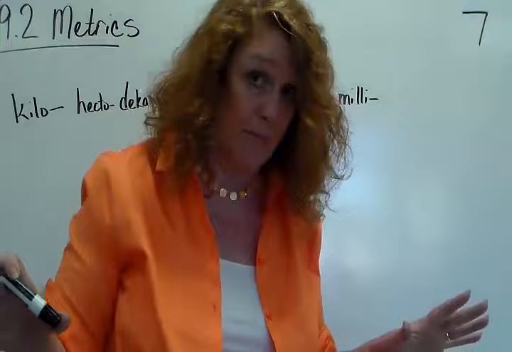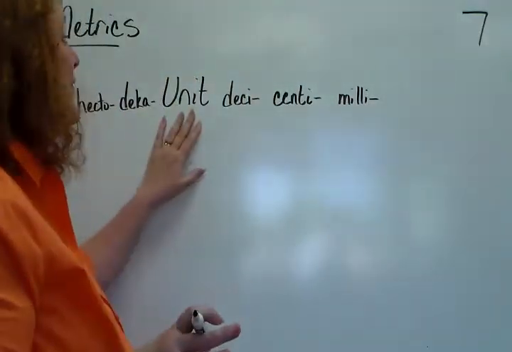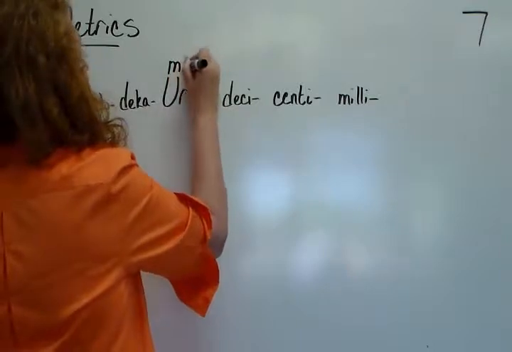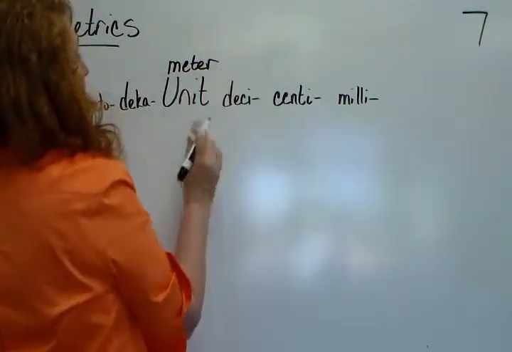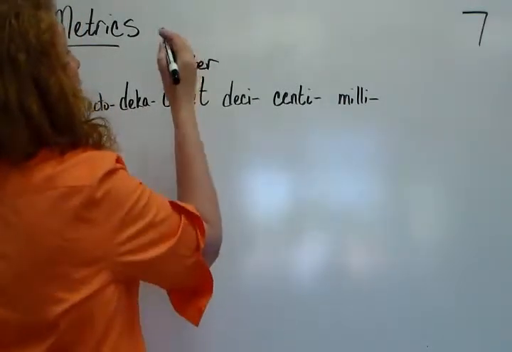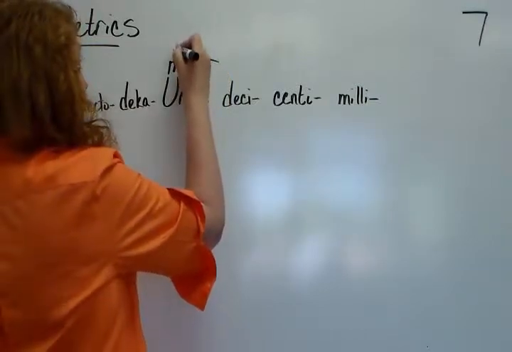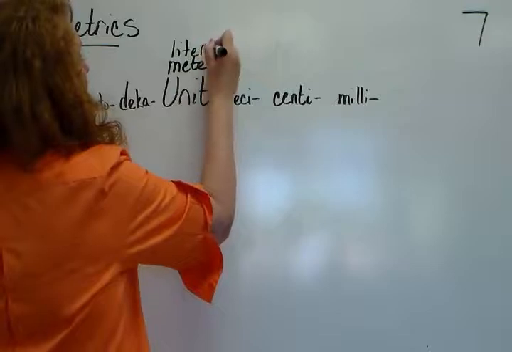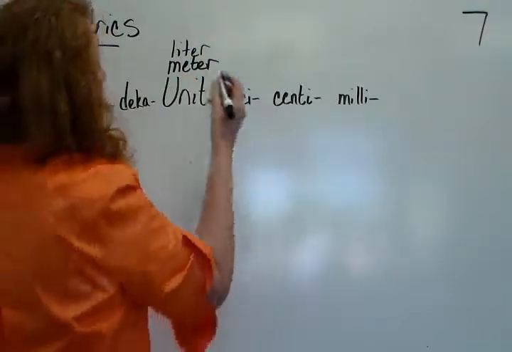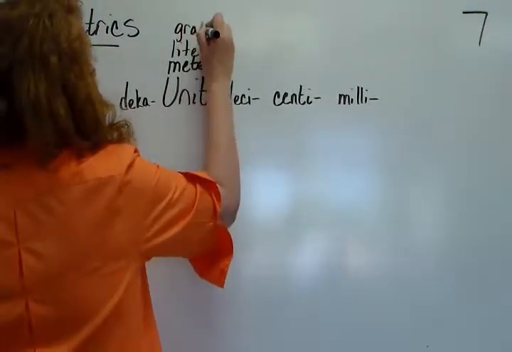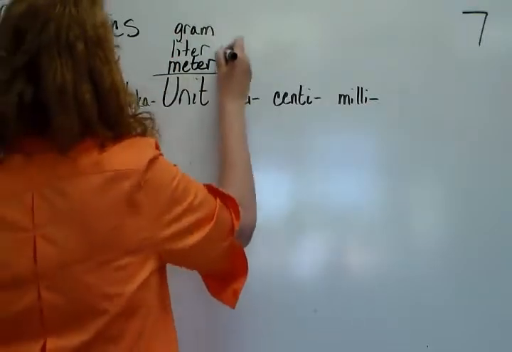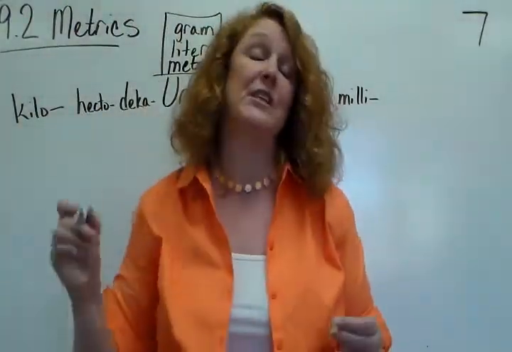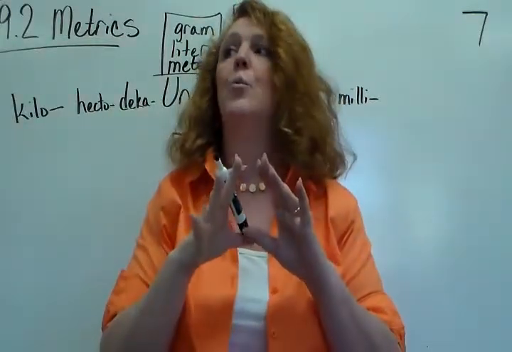the same. All metrics start with their unit, and if you're talking about linear measurement, that is the meter. And if you're talking about volume or capacity, that's the liter. And then if you're talking about weight, that's the gram. And these all get treated exactly the same way in the metric system, which is why so many people prefer